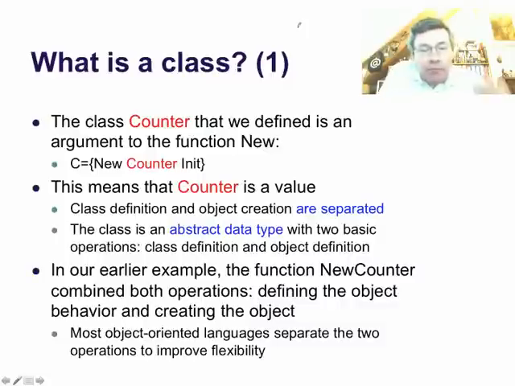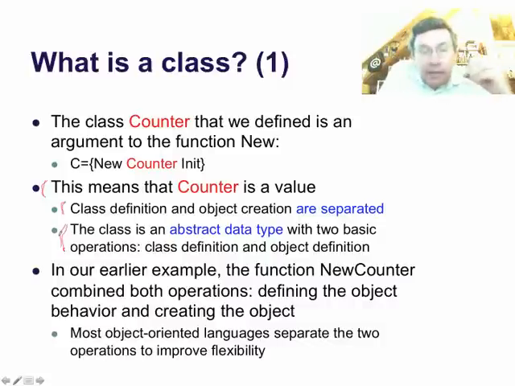The class counter that we defined is an argument to the function new. This means that counter is a value. We have separated the class definition and the object creation. So in fact, if you look closely, you can see that the class in this way of doing things is